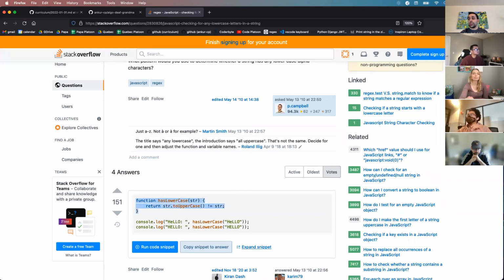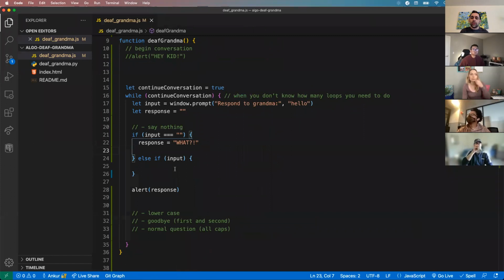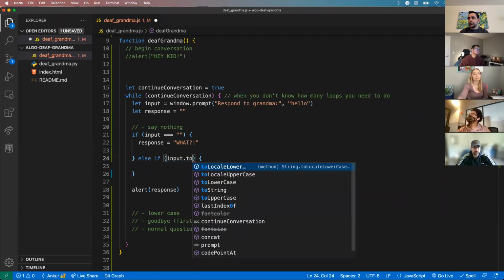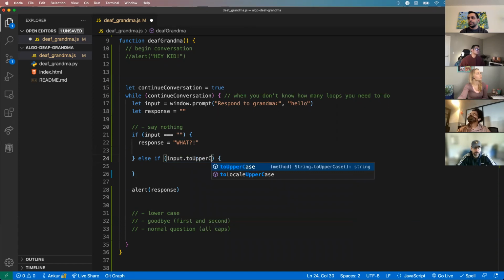So it looks like we write a helper function that could be useful. So here we could have hasLowerCase, pass in string. All right, that's a cool way to do it. We can convert the string to uppercase and see if it matches itself. If it does match itself, then we know it's uppercase to begin with. If it doesn't match itself, then we know something in the original string was not uppercase. So I think that's a cool way to do it. Again, there are several ways to do this. Regex is one way. We can come up with other solutions also, but I'm going to go with that suggestion because I think that makes sense to me. So do input dot toUpperCase